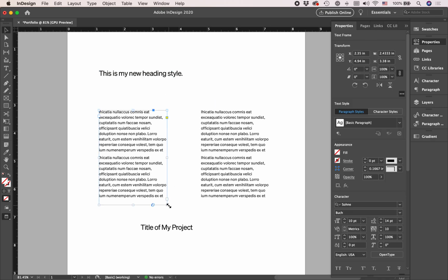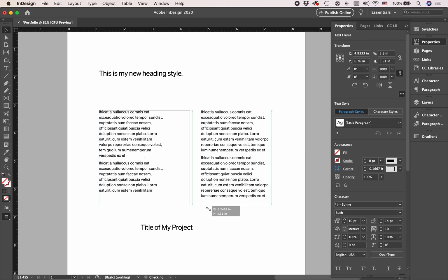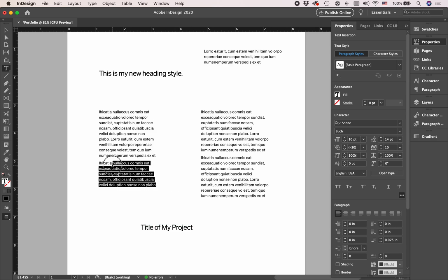Quick tip while we're still here. Notice these draggers. When copy extends beyond what you provide space for, it'll give you this red. You can click on that and then continue by making a new text box, and it will actually overflow. So say I wanted to delete this, and then notice the first word here is Loro. If I delete all of this, Loro will come back here. And if I continue typing, well, I have to continue typing quite a bit, you'll notice it continues to overflow